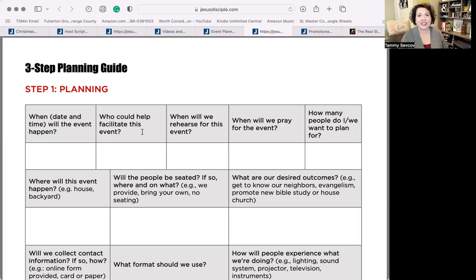When will you rehearse? This is important for a live event. Sometimes people don't do this because, well, we're just going to watch the video. Even that, rehearsing, walking through what does the transition look like when we hit play? How does that feel? How should I lead into that? At the end, when it ends, what is the end spot? And when I press stop, how do I take over from there?